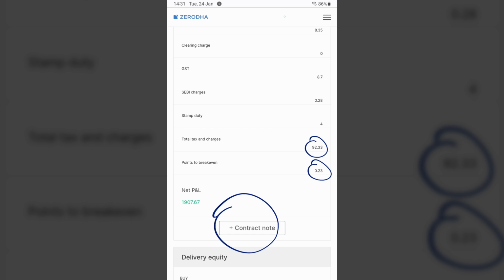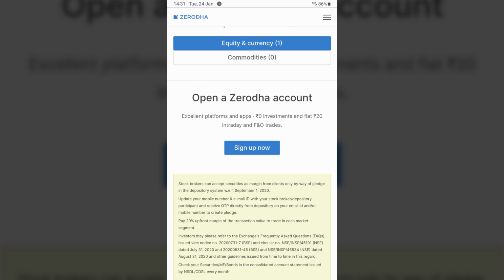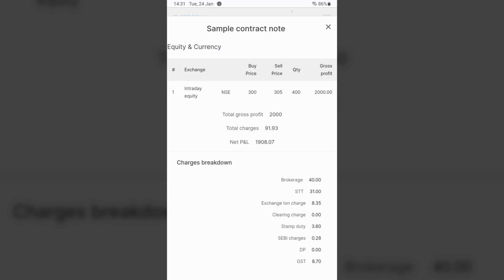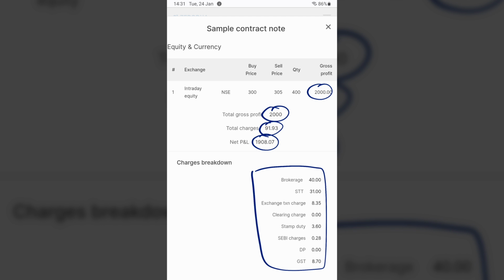Now we can look at a sample contract note to look at the PNL over here. So if you see intraday equity NSE, buy 300, sell price 305, quantity 400, gross profit 2000 rupees, charges minus 92 rupees, you made a profit of 1908. All the breakup of charges is here. So that's how intraday works. In intraday, Zerodha does take some money,